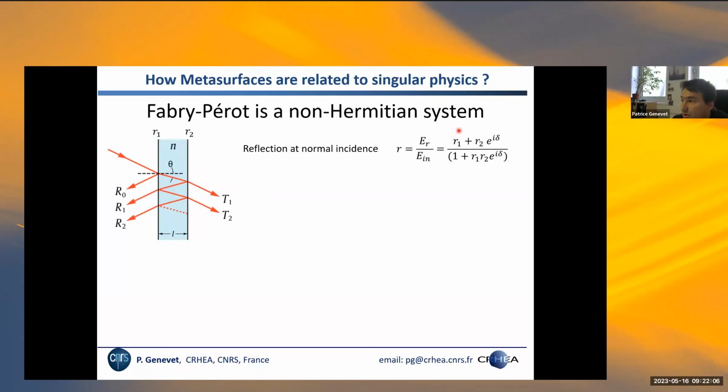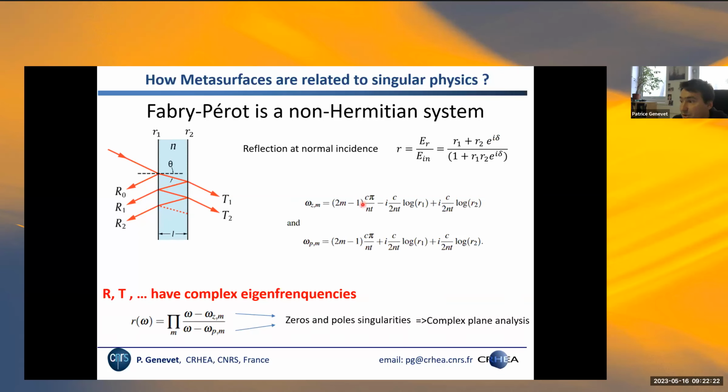So we could sort out all the frequencies for which the numerator is equal to 0, and all the frequencies for which the denominator is equal to 0. So I do R1 plus R2 times the phase term, delta here, equal to 0. Then you immediately come up with this expression where, taking the log here, you have essentially this round trip phase and the logarithm of R1 and R2. And interestingly, you do that for the numerator and you do that for the denominator, so you have these two expressions of the zero frequency.